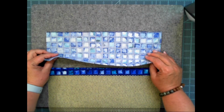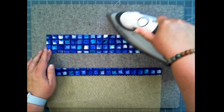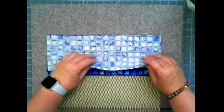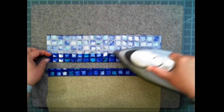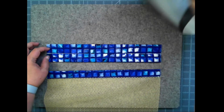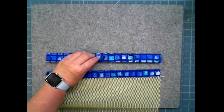So now I'm going to prepare my other half of my zipper facing. So I'm going to fold it in half again. And just like I did the handle, I'm going to fold each into the center like this. And then fold it in half again, and I'm going to give it a little shot of steam. Okay, so now that we have this piece done,